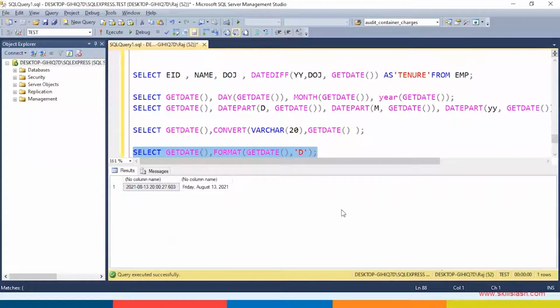Here it is. Now you see you are getting the date as Friday, August 13, 2021.